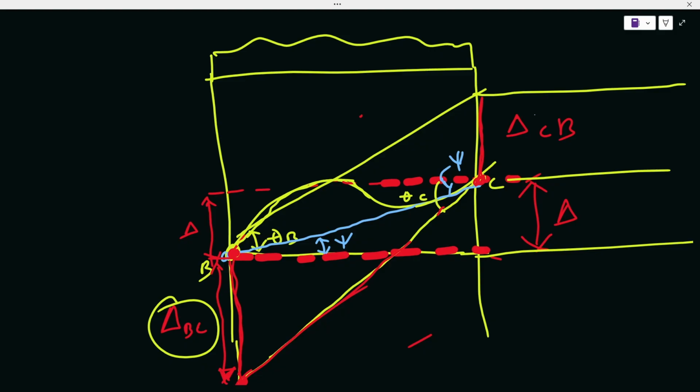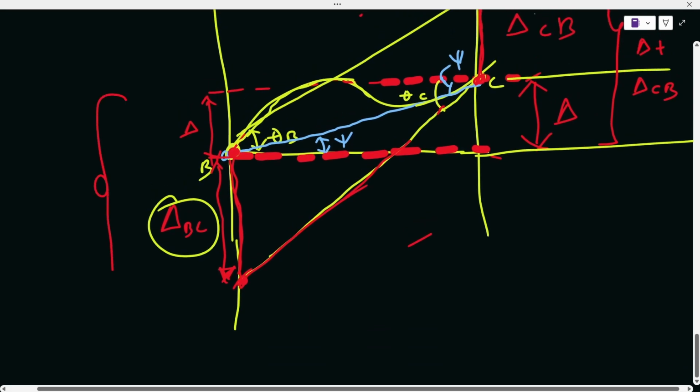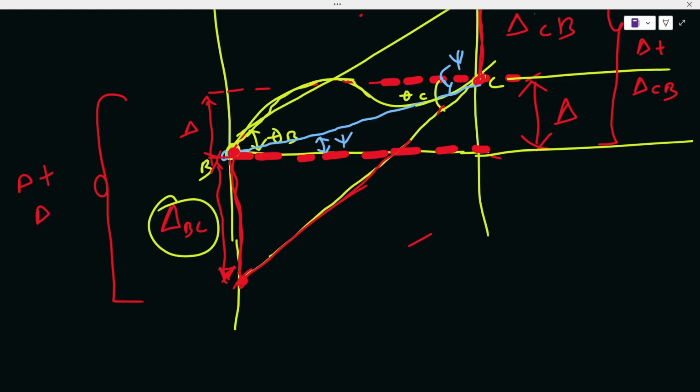Starting at a point on the elastic curve and going to the tangent line on that same vertical axis. So it means that the overall distance here would be delta plus delta CB. Similarly, the overall distance here would be this plus